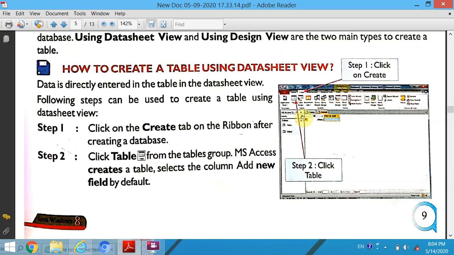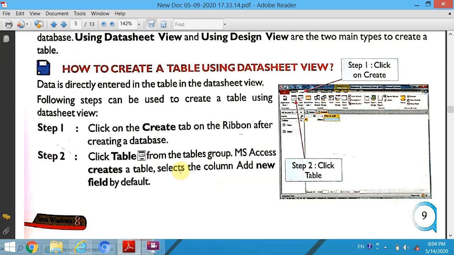If you want to create a table using Datasheet view, then follow the given steps. Step 1. Click on the Create tab on the ribbon after creating a database. Step 2. Click Table from the Tables group.